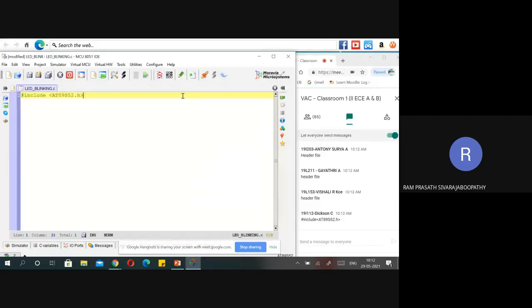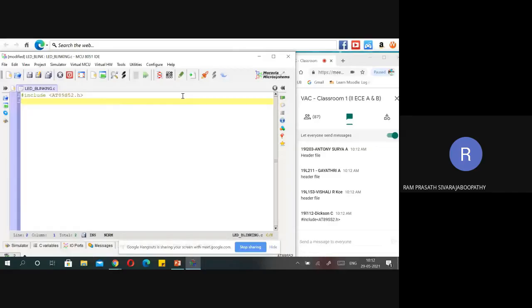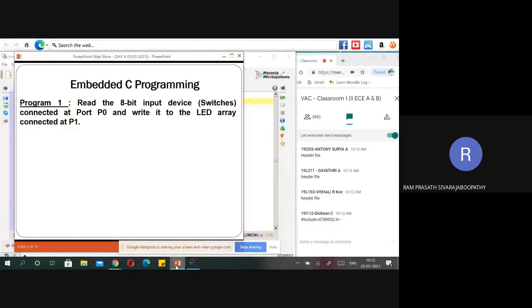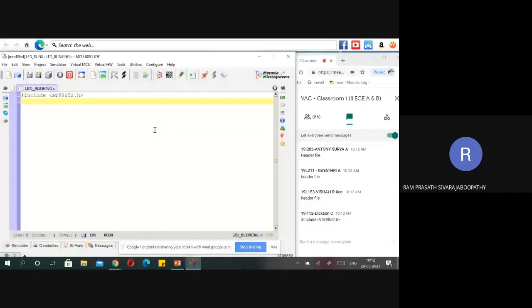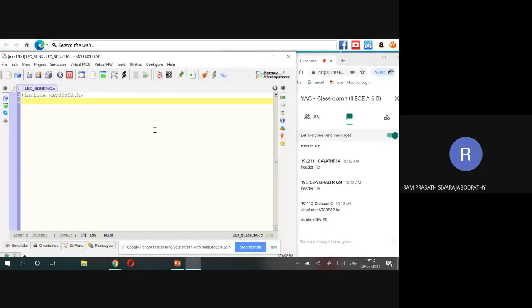What about the next step? We have to use macros for the input device and output device. We are using an 8-bit switch, I mean an array of 8 switches, so we will have 8 inputs. Which port do we connect it to? According to the problem statement, we have to connect to P0, correct? What name can we give for that? So #define